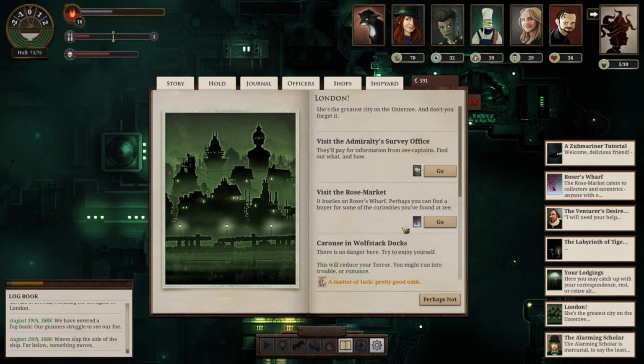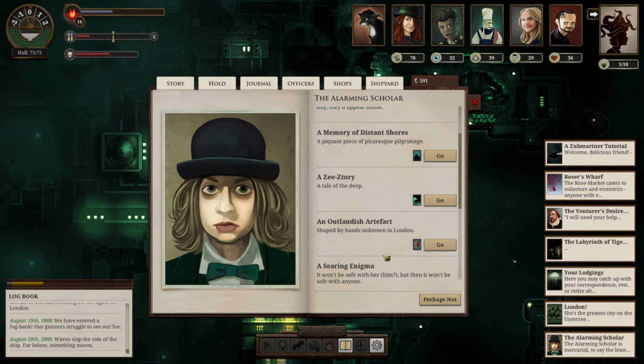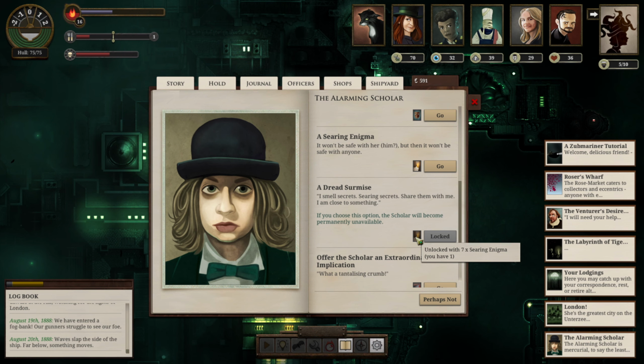Let's see, do we have anything else to do in London? Doesn't look... I can't think of anything. We've turned in all our port reports. We don't want to give any of our more valuable items to the Admiralty as well. We could, let's see here, visit the Scholar here, because we have a Searing Enigma. Oh, but it's a Dread Surmise that would send her or him off into the distance here. And I believe a Searing Enigma is actually useful for...